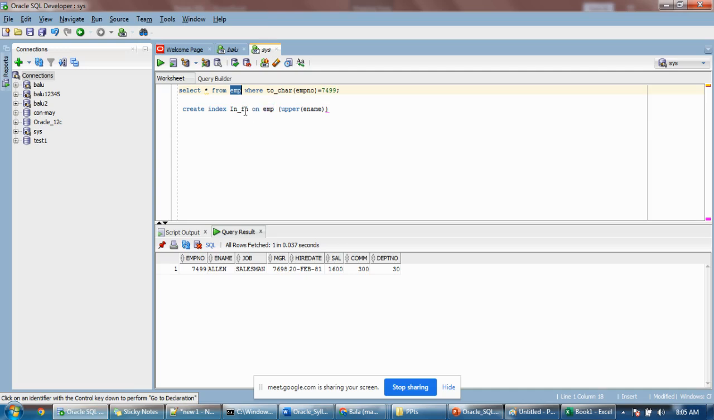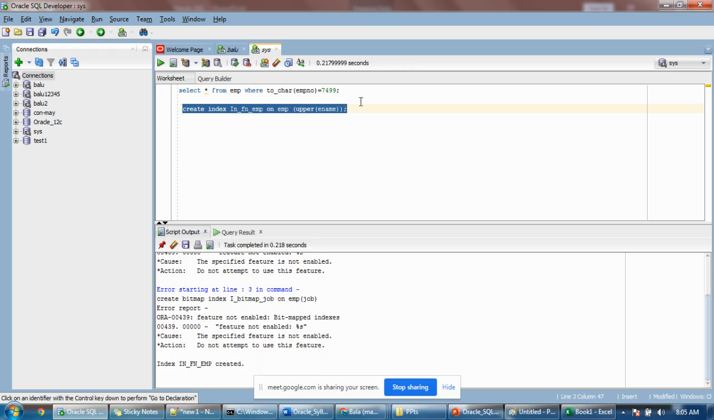Create index in_function_emp on emp, upper of ename. I am creating the index on the uppercase values of the ename column. Let's go and check the values in the DBA tables. This is DBA, right? DBA will have all the values. DBA_indexes where table_name equal to